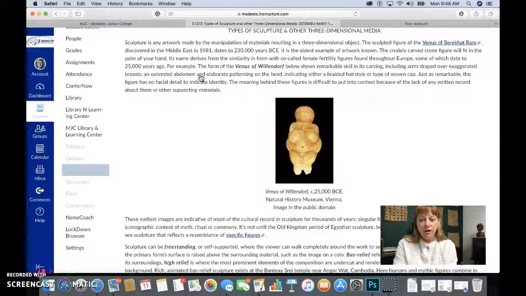Often these things were found in tombs or grave sites, and they're not really sure exactly what her purpose was, but she definitely seems to be a fertility goddess, just based on the fact that she's got voluptuous middle area here, wide hips, large breasts, and then her arms sort of rest above her breasts, denoting, you know, through history, the good birthing